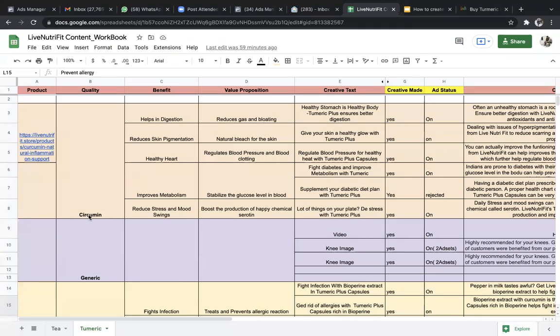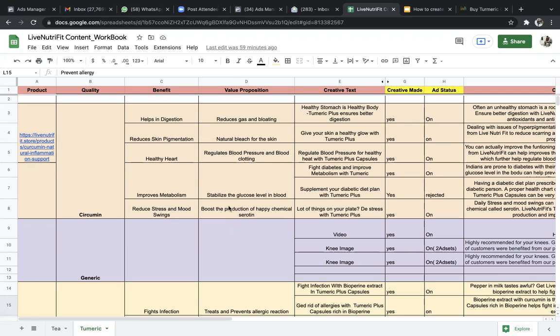First you have to find the quality, so here we found the quality. Then we all discussed the benefit of it. Then we created the value prop. It wasn't that we sat together and everyone started writing at once. Value prop and benefit was the task of every writer, even me. We had to study the product and come up with the benefits and the value prop. Everyone wrote their own ideas here, and then we finalized which one to go with.